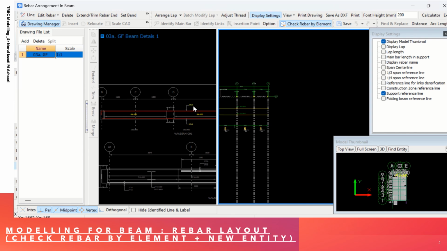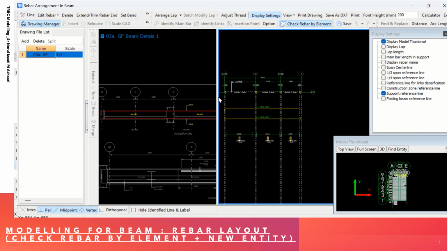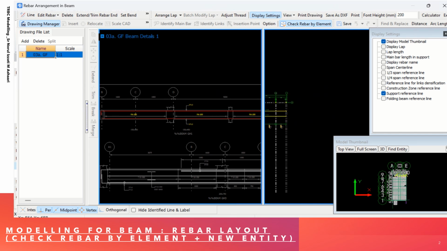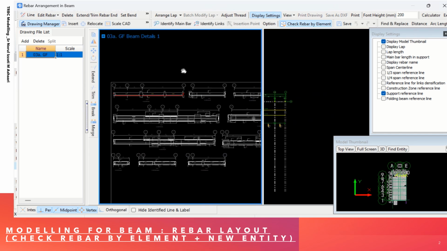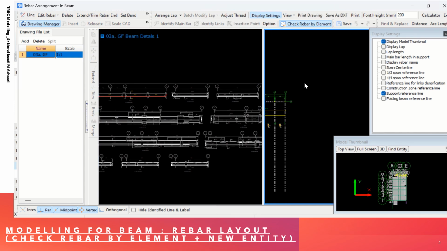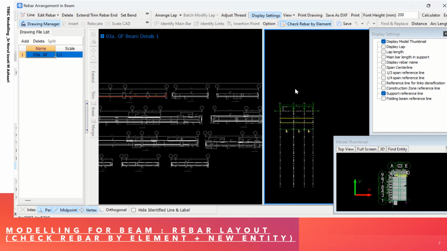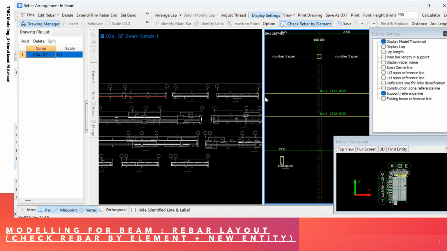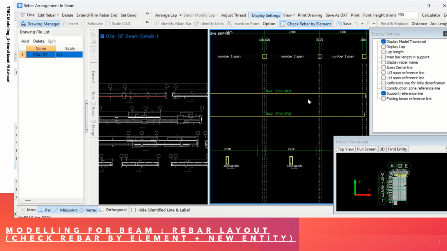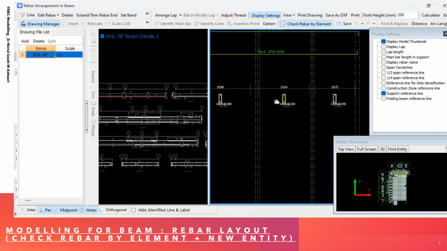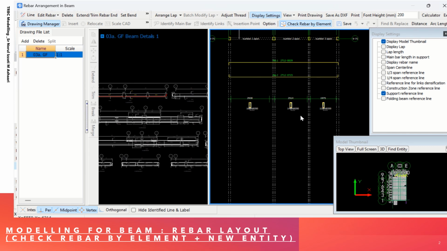On the left hand side, it will highlight the beam that you already measured with the red color, and then the rest that is not highlighted. You can see the rest that is not being measured is highlighted in white or gray color. On the right hand side, you can see that the information of GH1 have been updated, and it shows you the top bar, it shows you the bottom bar, the yellow color, and the three sections of your link or stirrup that had been identified earlier.